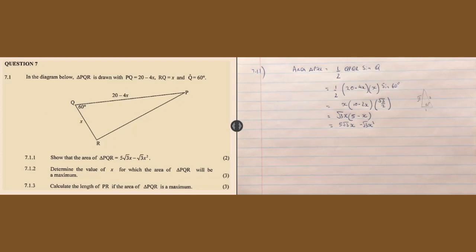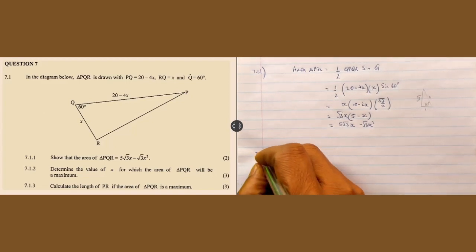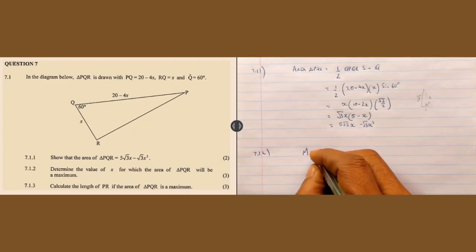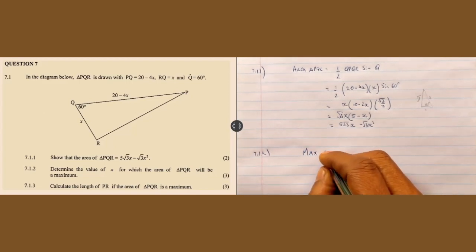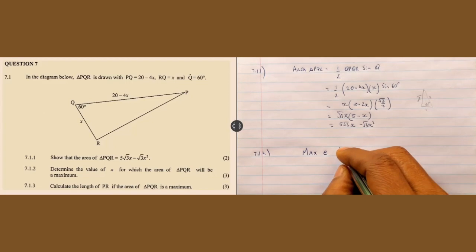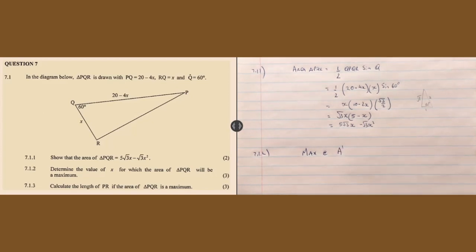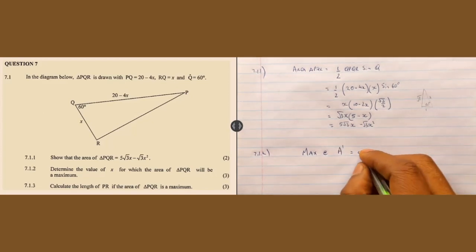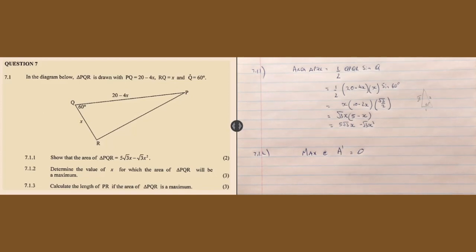Then you go, okay, in terms of my maximum, I'm going to say what? Maximum, what are we doing now? 7.1.2. You go, our max, what is it? At the derivative of the area will be equal to 0. Do you have a formula? Yes, you have a formula. There is the formula. So I must find this derivative. So the derivative of A will be